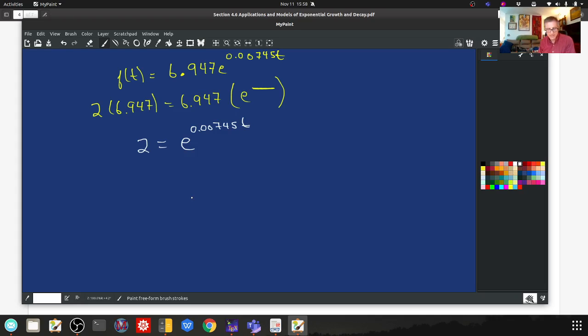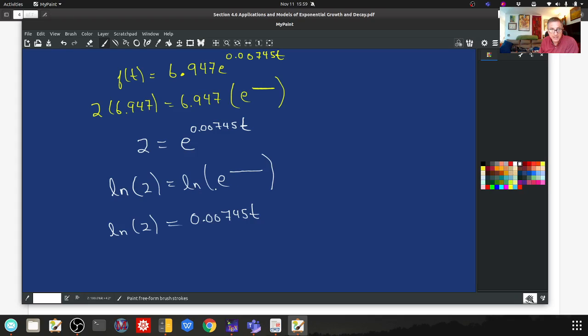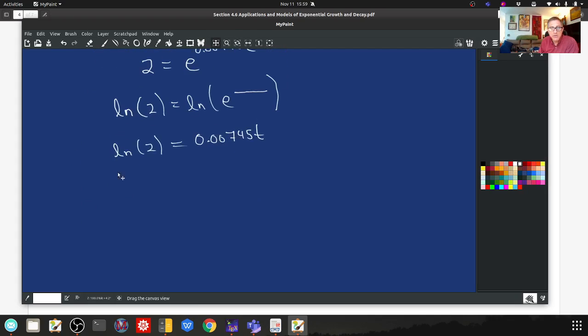e raised to 0.00745t. And this is exactly the method I take you through in the lecture about COVID growth and doubling time. So I take the natural log of both sides, and when I take the natural log of e raised to this exponent up here, it allows me to take that exponent and put it in front. And what is left behind? The natural log of e, which is 1. So now I'm good to go. It's very similar to what we just did. I have the natural log of 2 divided by 0.00745. Remember, in case you forget, that's what I'm solving for,